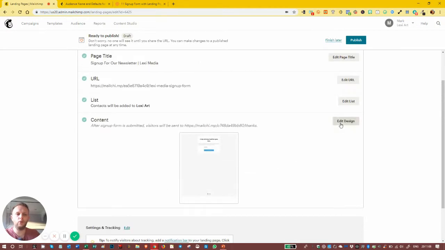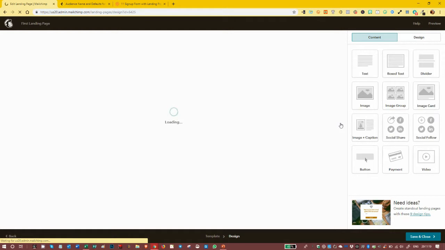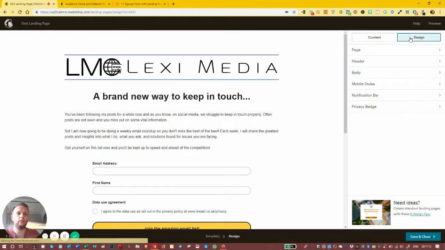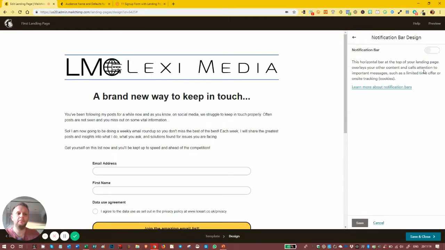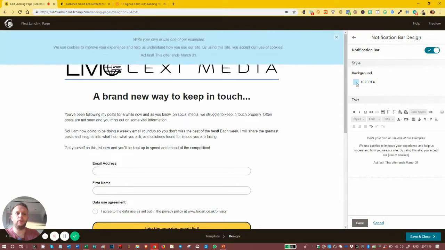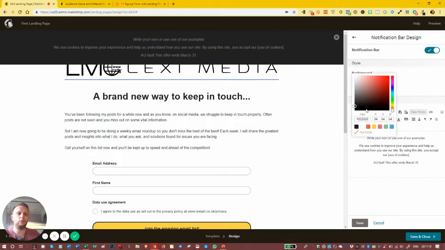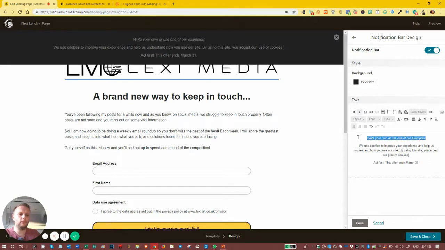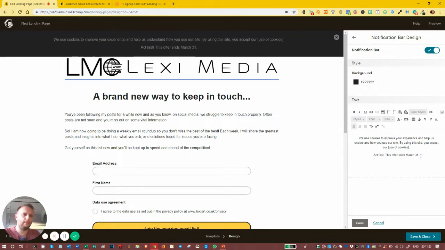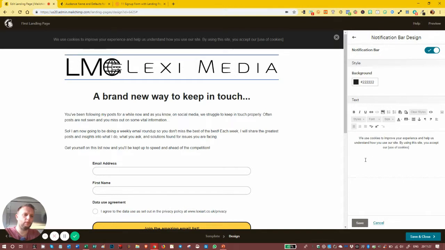And just going to quickly go back in and edit the design. Go to the design tab there, go to the notification bar. We're going to turn the notification bar on. First thing I'm going to do is change the color because it's disgusting. And we're going to get rid of that and just put in,